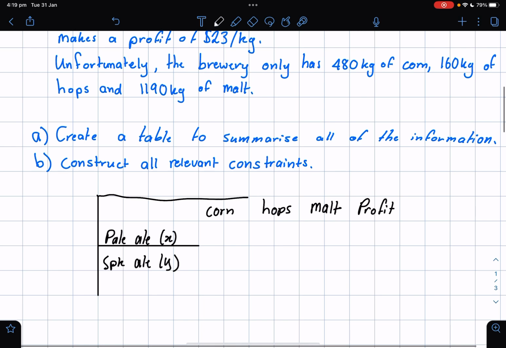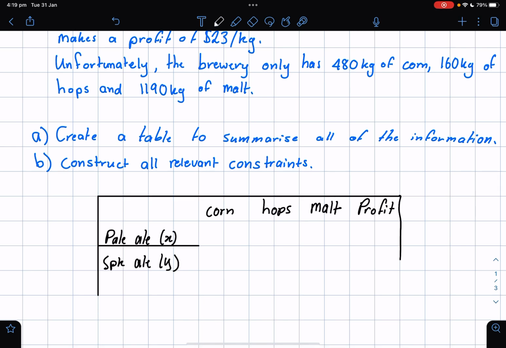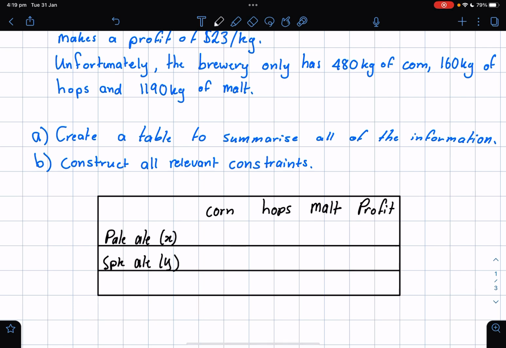So let's just fill in what we've got here. Now I've left a space at the bottom here because we also have some limitations on the ingredients. All right, so limitations I'll put here. All right, so now it's just filling in